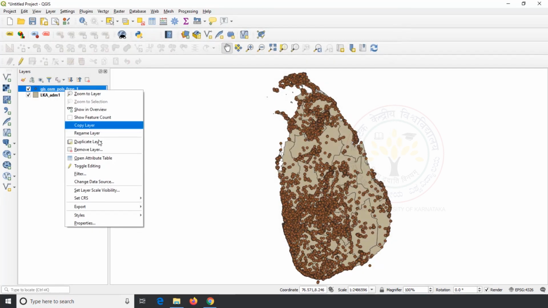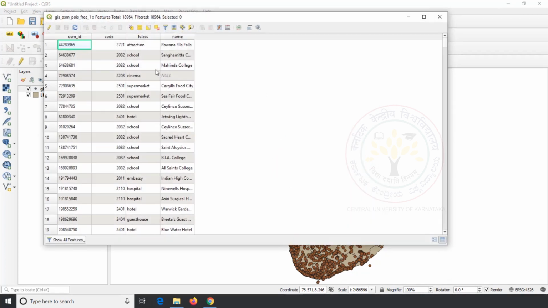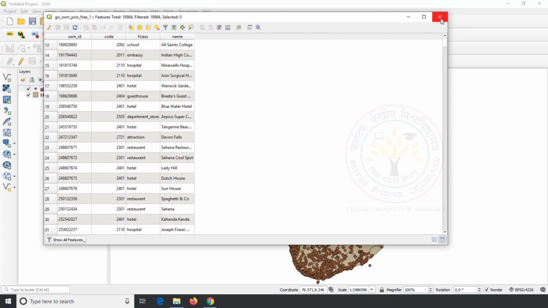Look at the attributes of our POI data. We have the name of the location and its category, but we do not have the information of the province where it is located. If you want to add province information to the POI's attribute table, it can be obtained from the province polygon using join attributes by location.